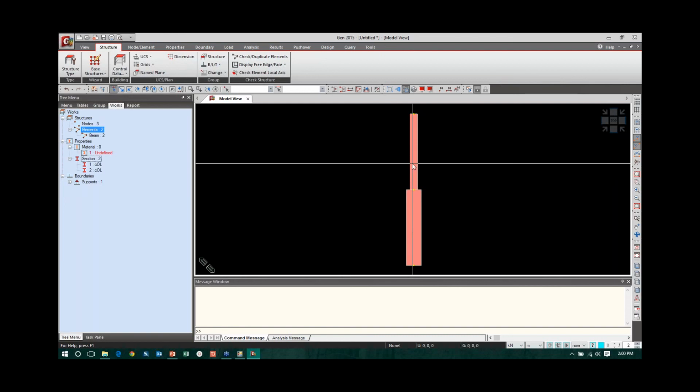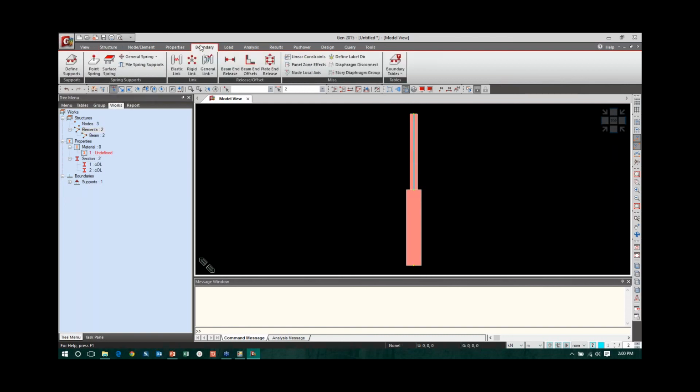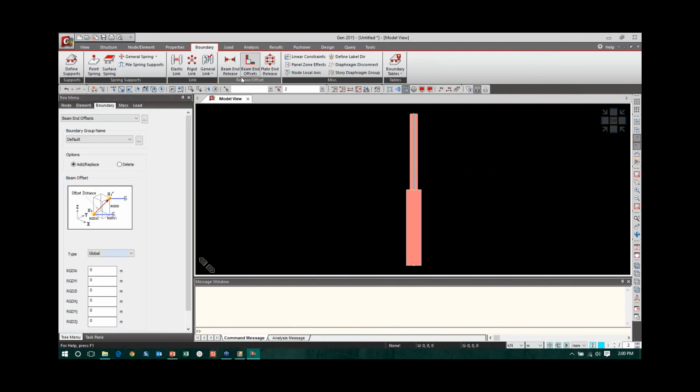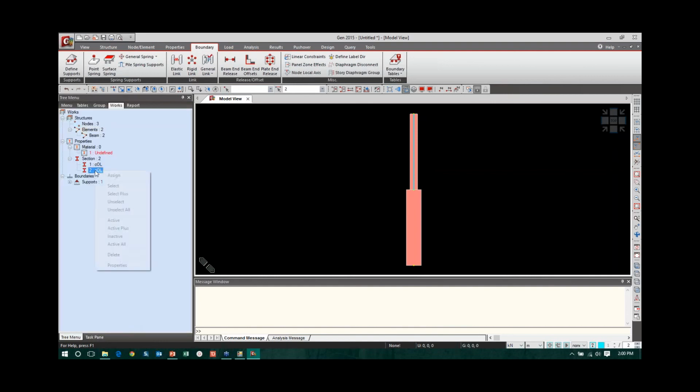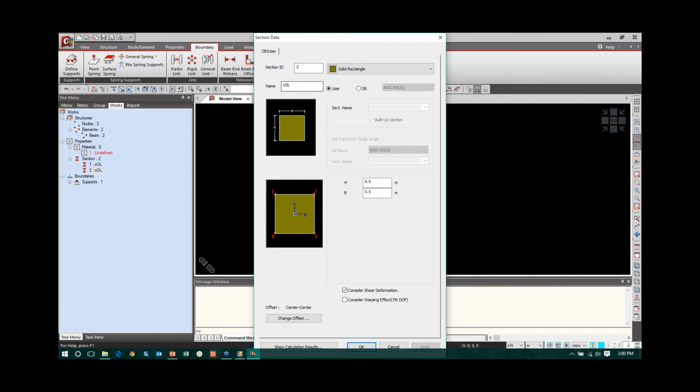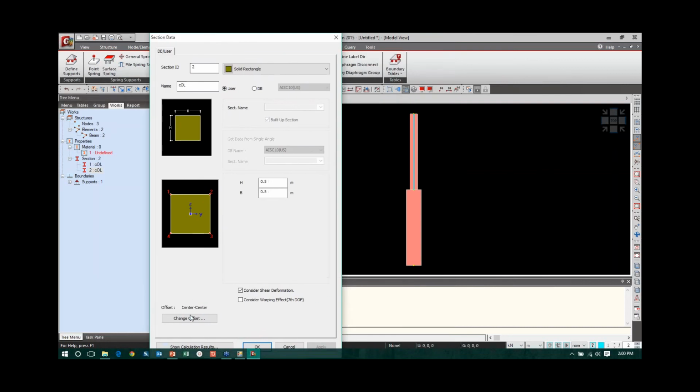There are two ways of providing the offset for this column. One is you select this and go to the boundaries. We have an option called beam end offsets. Here you can select the beam end offset, and in the global direction you can give the value, RDX, RDY, in which direction you want to move. That is one way. The second way is to right click on the property; when you are defining the property of the column itself, there is an option called change offset at the bottom.